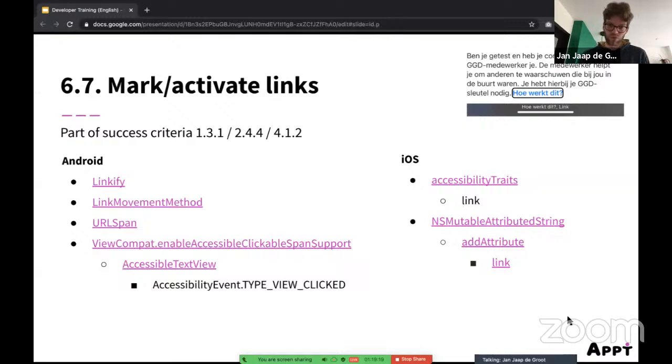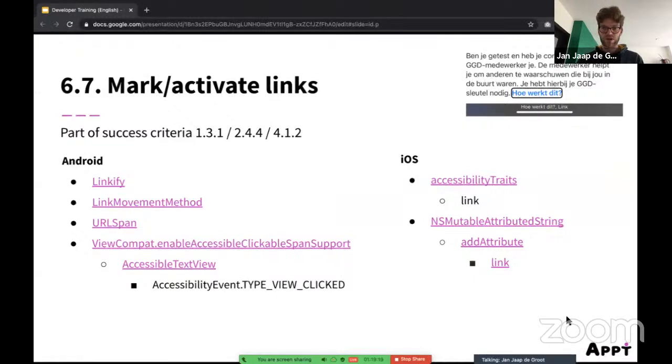So what I do personally, I think it's personal preference, you do not fail a success criteria, but I personally mark all UI elements like list items and those kind of items as buttons, even if they go to external content. And I mark links in text only as links.